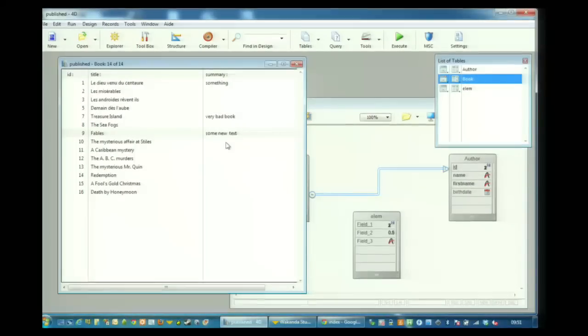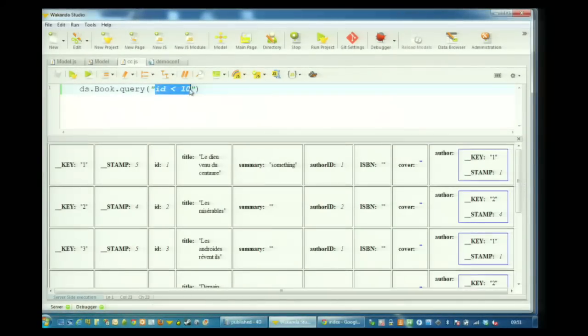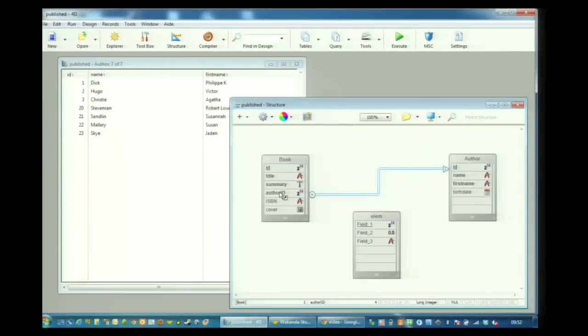I can look for all the books. What data do I have here? I have authors. I have Agatha Christie, for example. So I can do a query for the books, which author. Here, I don't know if you remember that I gave a name to my link, author, which in the 4D base uses the foreign key that is here to make the link. This link is called author,